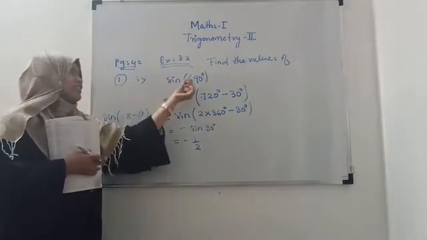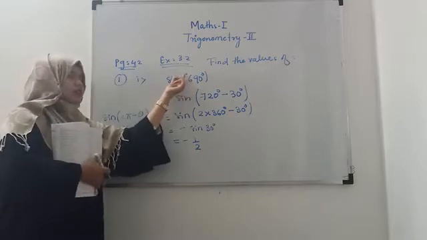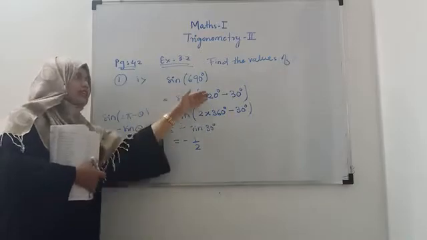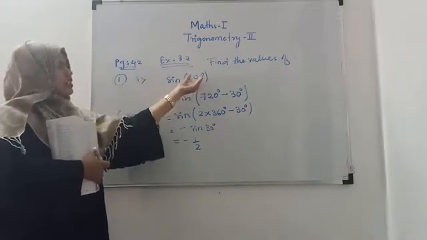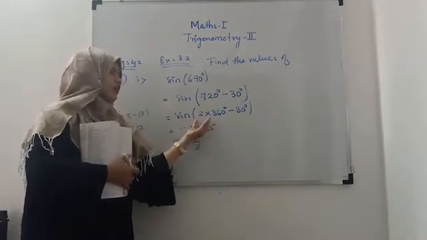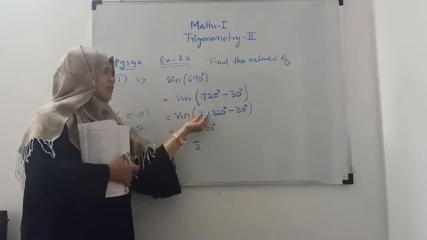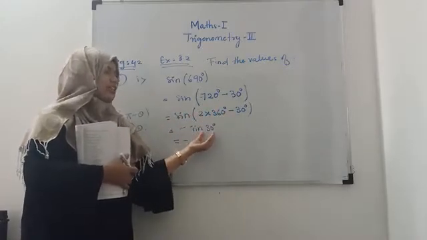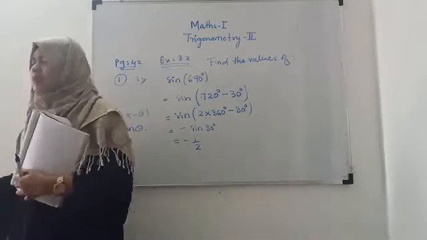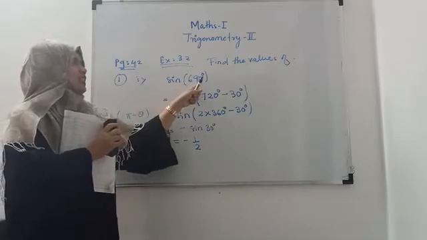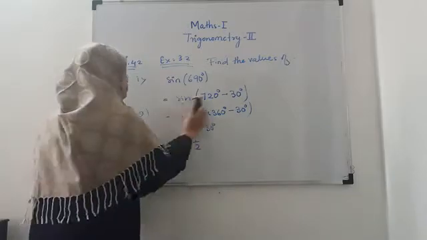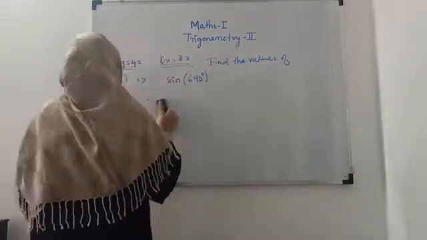It seems very difficult. It looks very difficult. Sine 690, how will you calculate? Once you start reducing this, or converting this into addition or subtraction, automatically you are going to get the answer. See, sine of 2 into 360 minus 30, that is minus sine 30, since I am using the allied angle formula. So it can come in MCQs: the value of sine 690 is half, minus half, 1, 0, anything. It can come for only 1 mark.